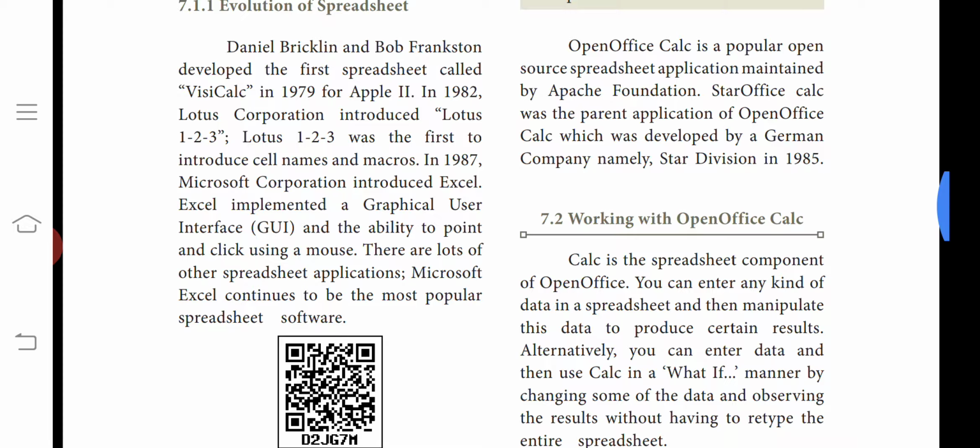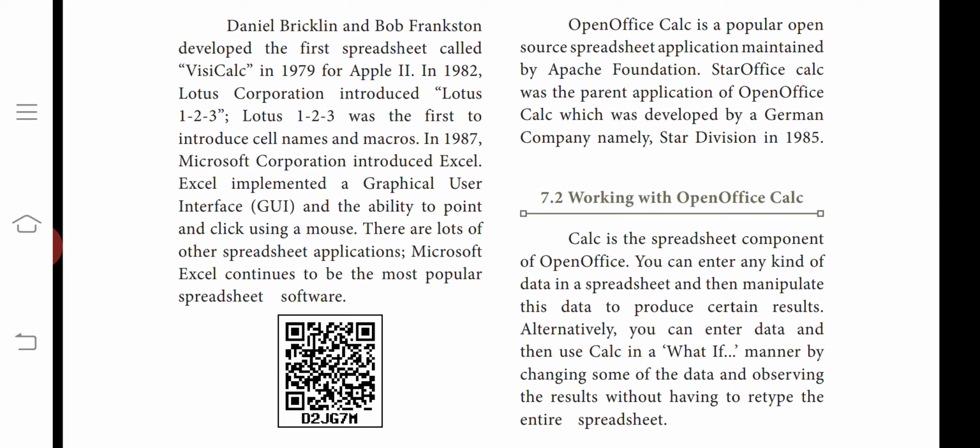Again in 1982, Lotus Corporation introduced Lotus 1-2-3, which was the first to introduce cell names and macros. In 1987, Microsoft Corporation introduced Excel, which implemented a graphical user interface and the ability to point and click using a mouse.